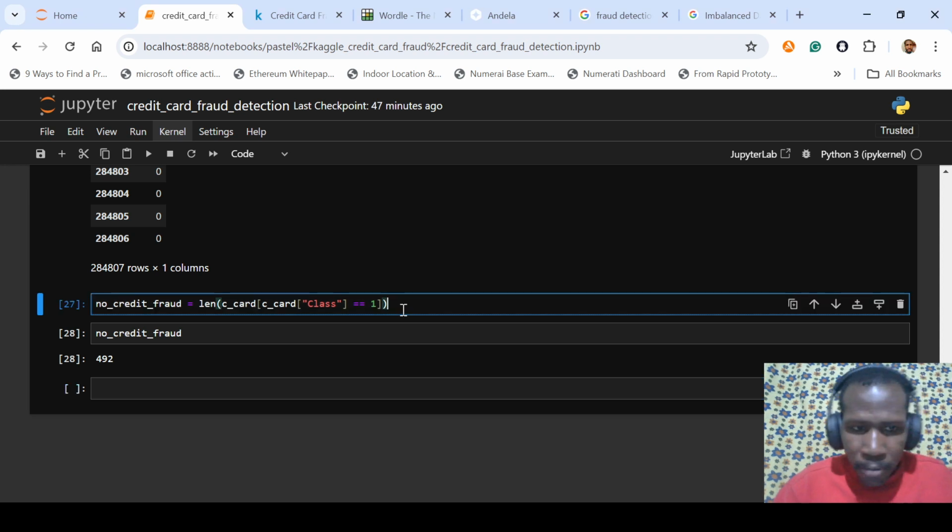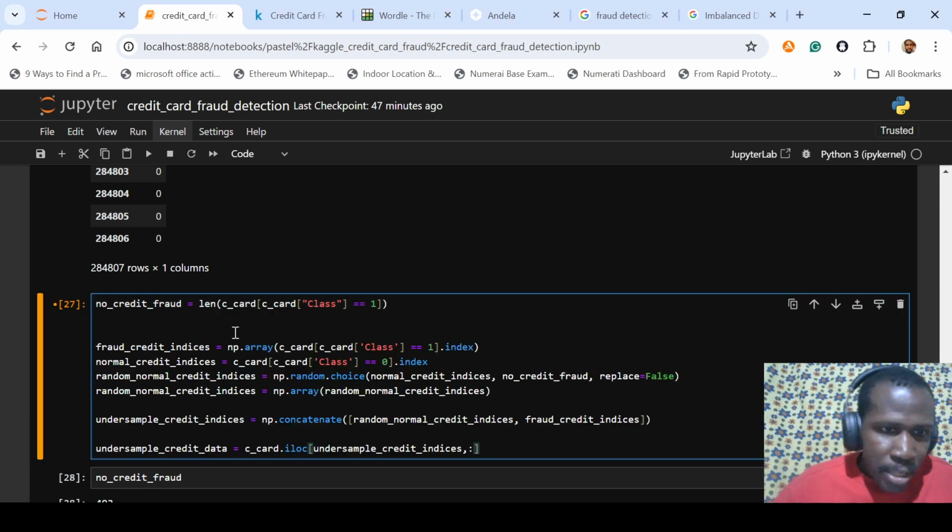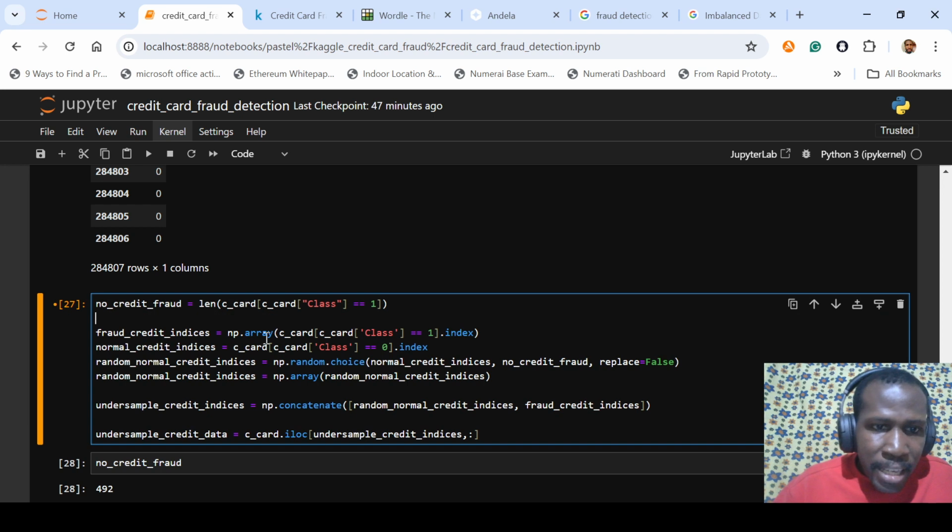So here we have the one for the fraudulent. We are converting it into a NumPy array. This is the indices for the fraudulent transactions. Then for the normal transactions, the indices of the normal transactions. So now, after we have gotten the indices for the fraudulent and the normal, we are now